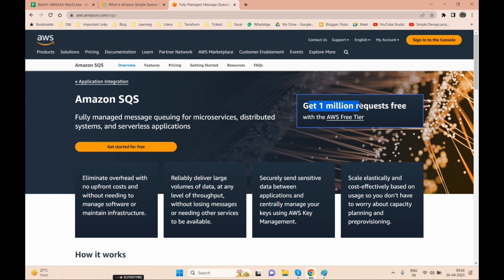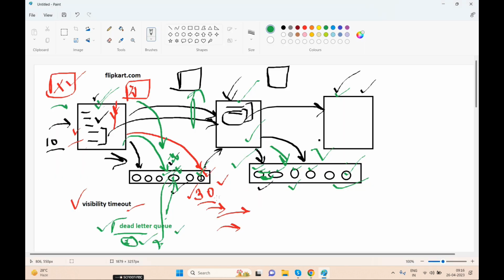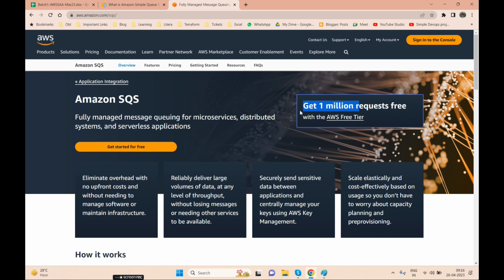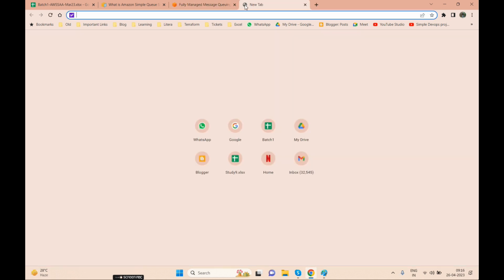While 1 million seems very high, when we attach it with SQS, each and every action counts as a request under this queue, so 1 million is very less. Now, the standard queue and the FIFO queue.